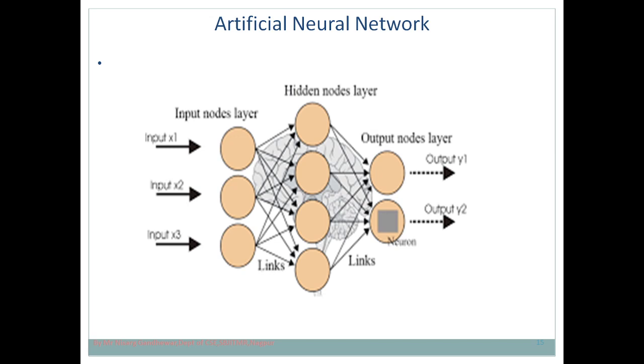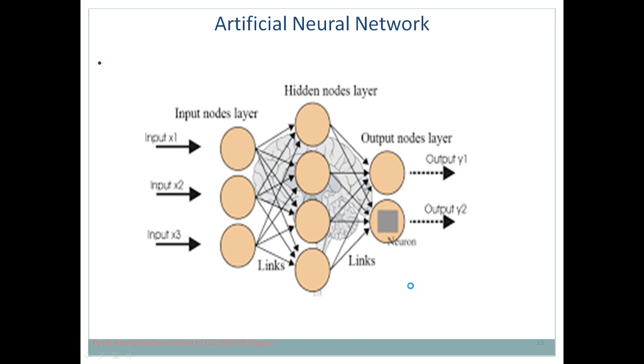The number of nodes present in the input layer, the output layer as well as the hidden layer is going to vary from application to application. Now I want to take a decision whether there will be rain today or not. In this case there are only 2 possibilities, yes or no. So in my output layer only 2 nodes are there. But how many nodes are there in the hidden layer, that you have to decide. That is a part of your learning. So this is the structure of an artificial neural network: input layer, hidden layer and the output layer.